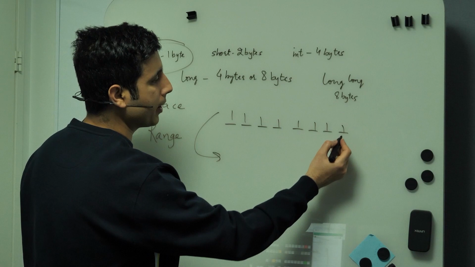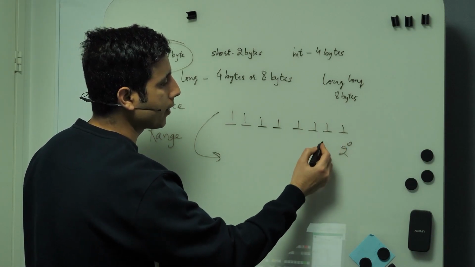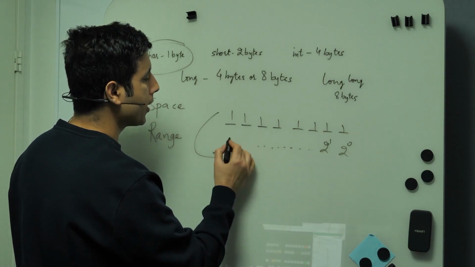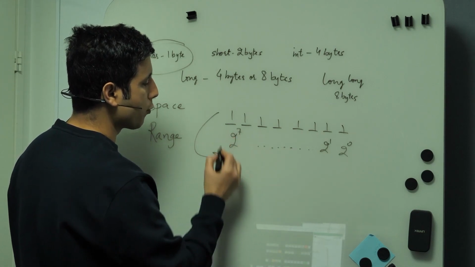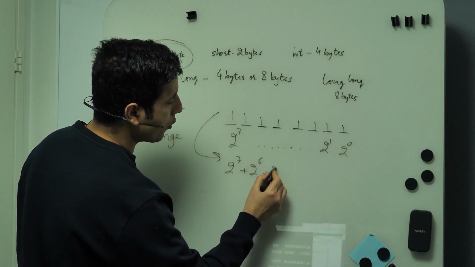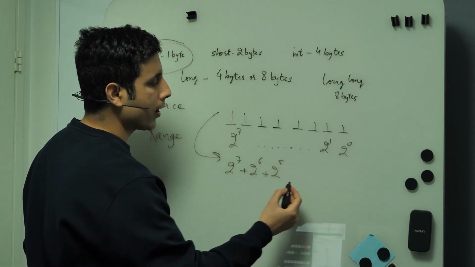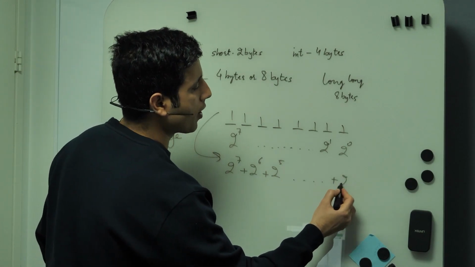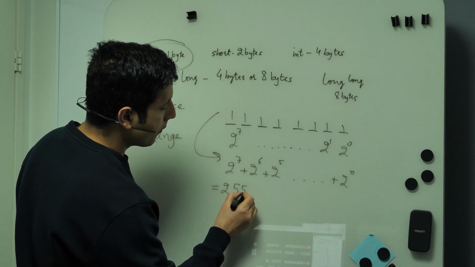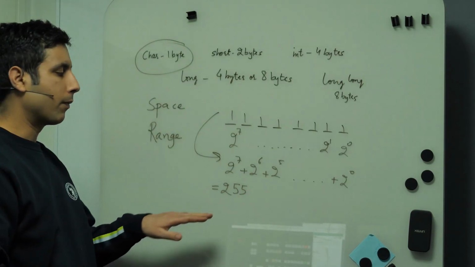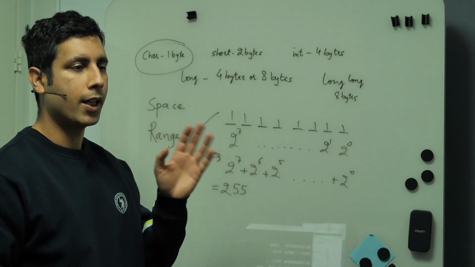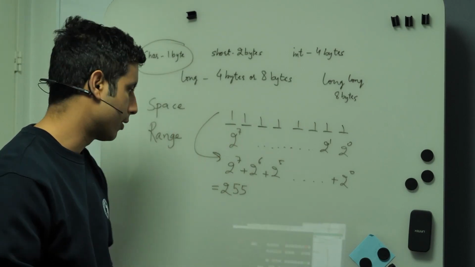So this bit has 2 raised to power 0 weight, this bit has 2 raised to power 1, and it goes on till here 2 raised to power 7. So this would be 2 raised to power 7 plus 2 raised to power 6 plus 2 raised to power 5, and so on, plus 2 raised to power 0. And this would be 255. So 255 is the highest number which could be stored in an unsigned character,